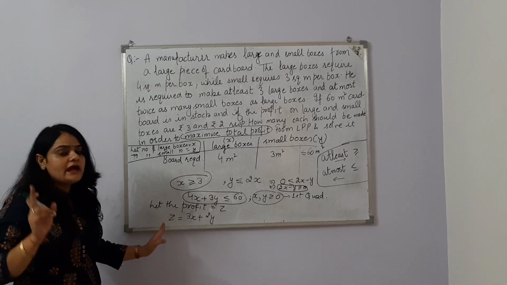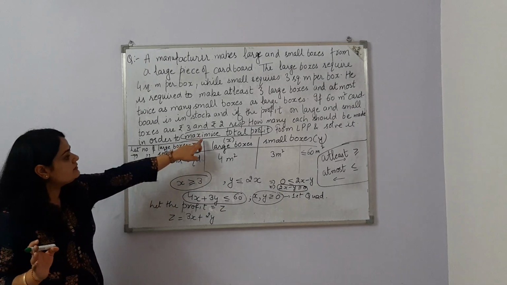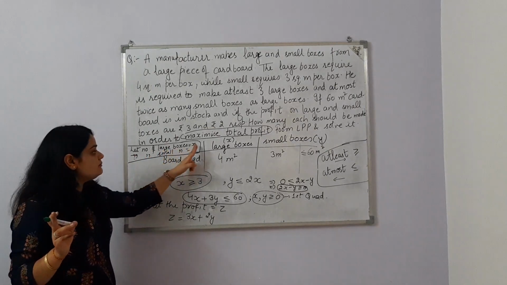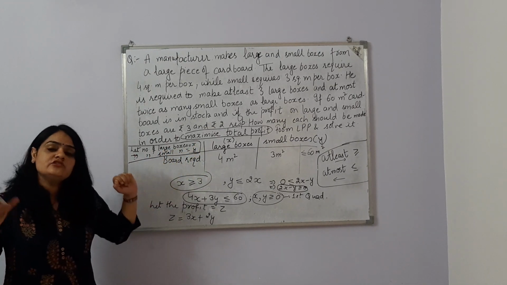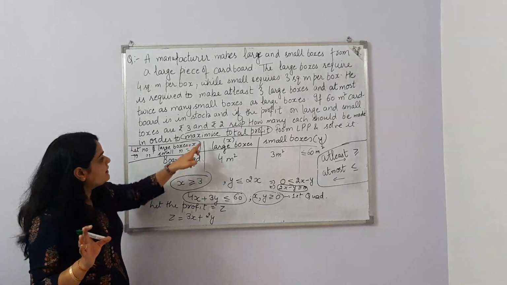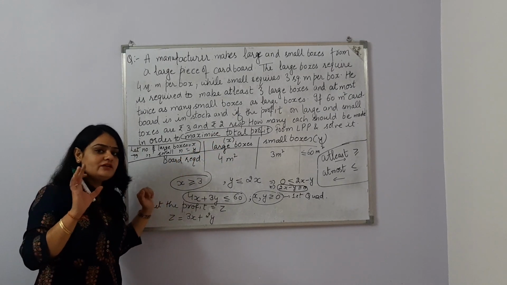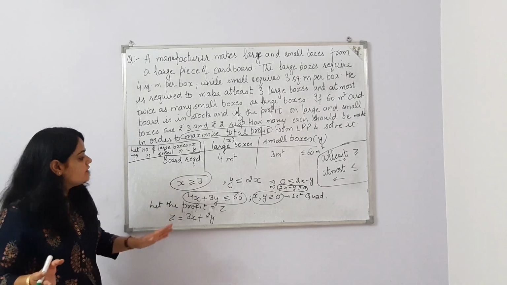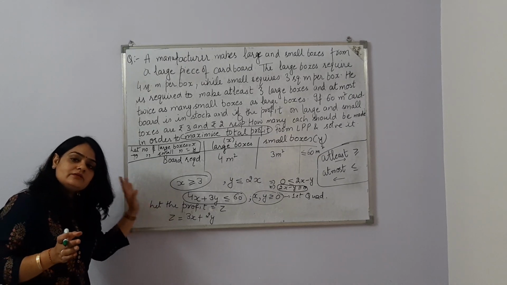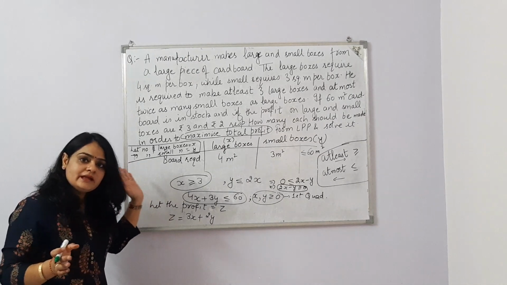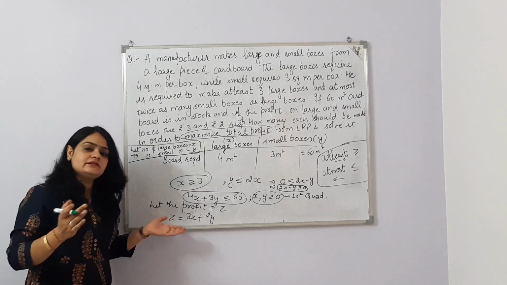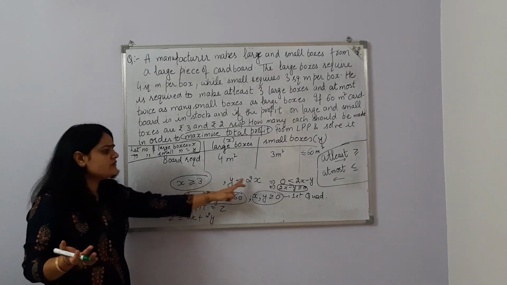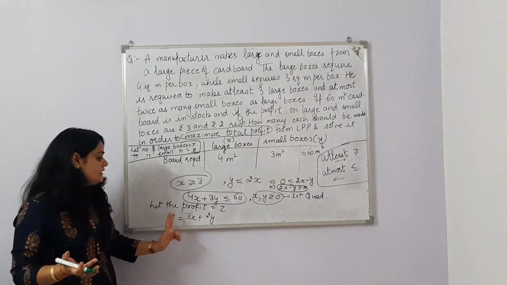So we have to calculate the maximum value here, because he is saying how many of each should be made. That means how many large boxes and small boxes should be made. We need to calculate x and y, and of course maximize total profit. That means we need to calculate x and y for which the profit is maximum. So when z value will be maximum, for that point, x value will be and y value will be. It is the same question that we did before. So now we have calculated all the constraints and the z.